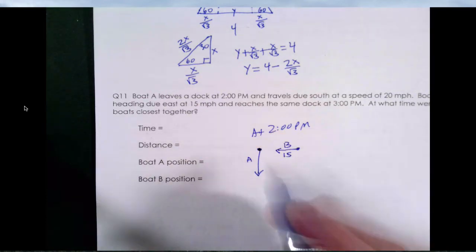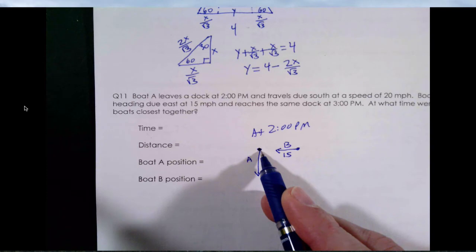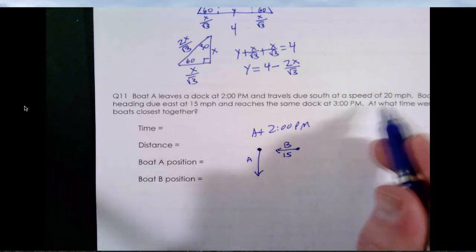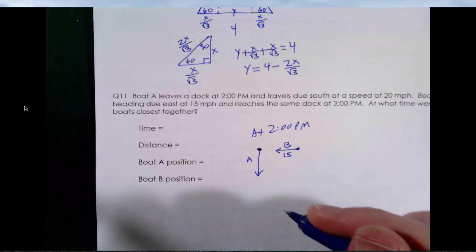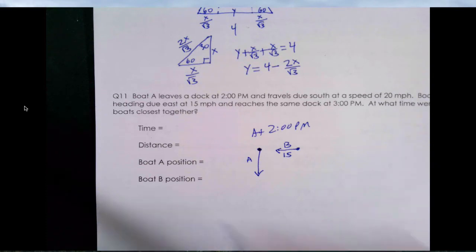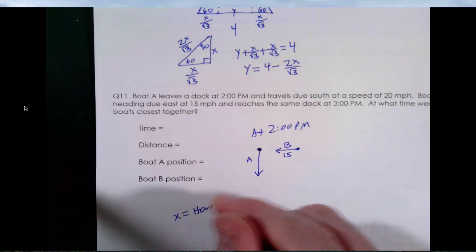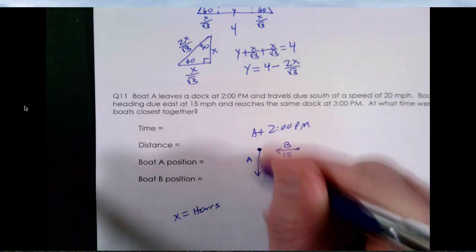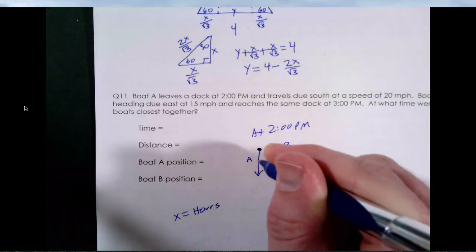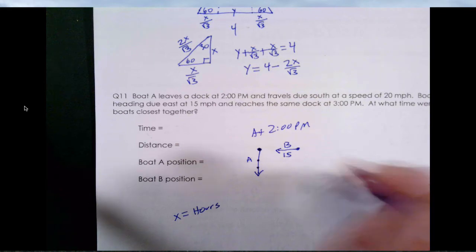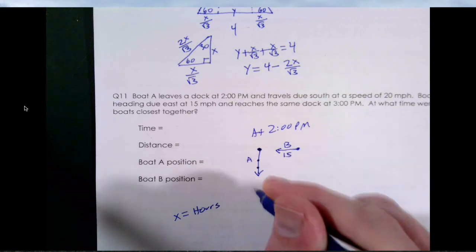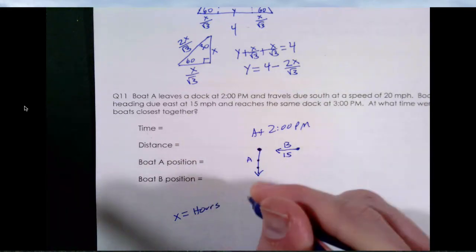This is our center, our origin, point 0. A is traveling at 20 miles per hour, so if x equals hours, then A's position as it moves along here